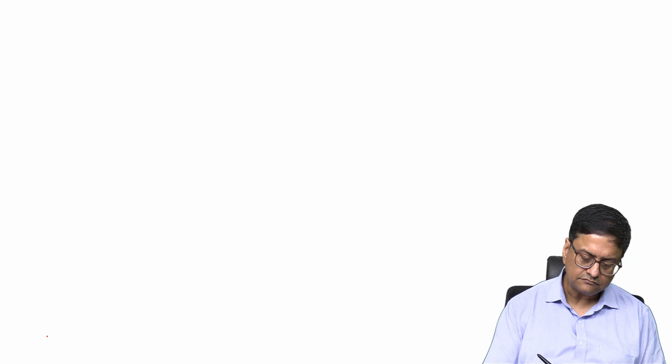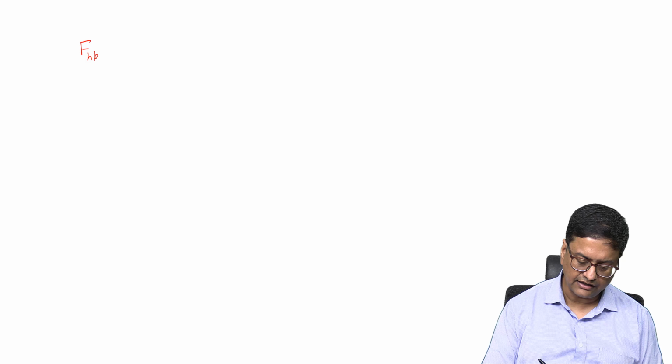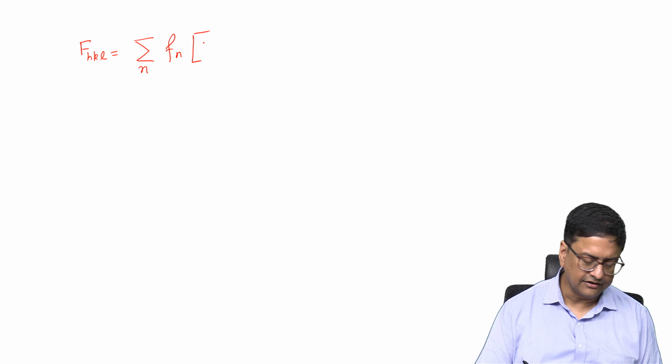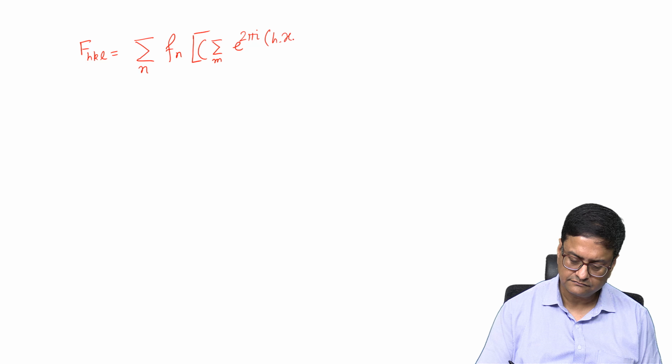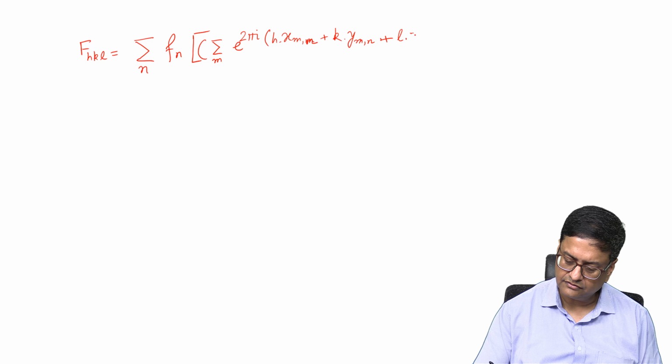So, this expression can be written as FHKL equal to sum over n Fn, once again sum over m e to the power 2 pi i (Hx m,n plus Ky m,n plus Lz m,n),